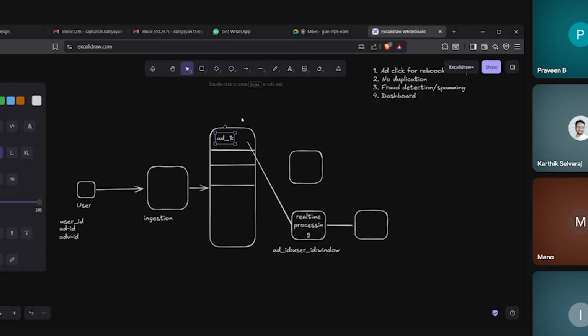Here all the raw click events would be stored. By raw I mean it can be a duplicate, or it can be a new click event. Here we'll process it, and store the filtered click events in the cache, and after this window time frame expires, we'll reset this entire cache.